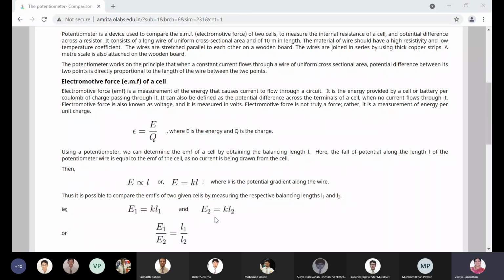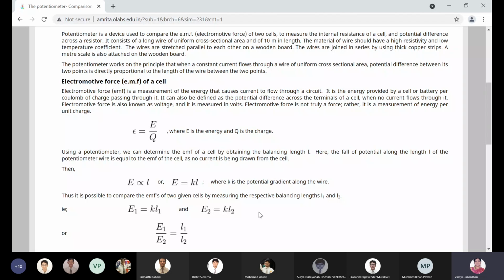Ma'am, you have to write that thus it is possible to compare the EMF of two cells, right? That line also. One second, you're talking about this one, right? Because I don't want to give less marks in practicals. Practicals, bare minimum, you should have only 29 out of 30. Nowhere you should go below that. So they ask for the evidence. These are your evidence. That's the reason I'm making you write things properly, boys. So you have to write: thus it is possible to compare the EMF of two cells by potentiometer. That is what you are doing in the experiment.